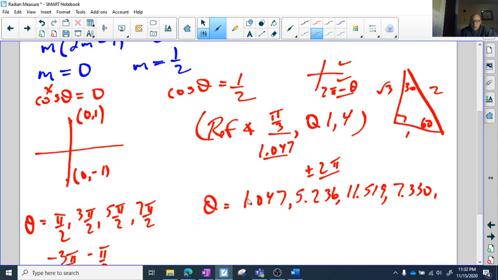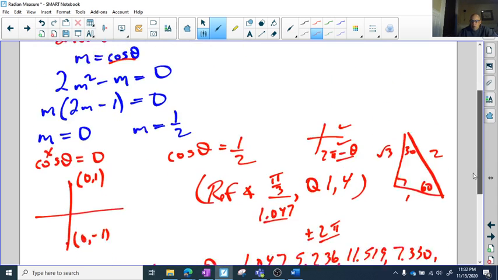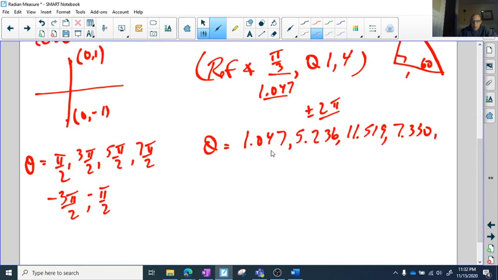And then I'm allowed to go to negative 2 pi, which means I'm allowed 2 negative angles in the same place as these. So now it's 1.047 subtract 2 pi. Now we shouldn't be surprised because it's cos. We're going to get the negative of that. Negative 5.236. And then we'll get the negative of that, negative